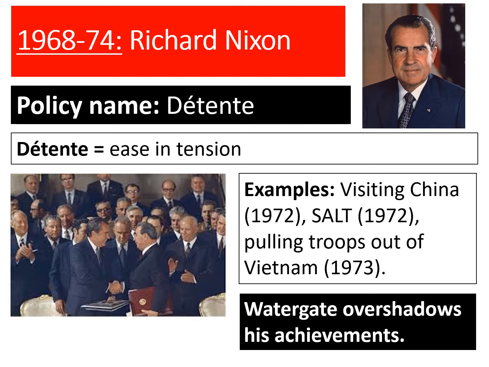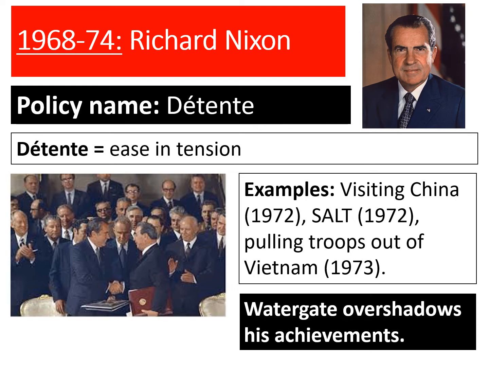Nixon also signs the first SALT agreement between USA and USSR, which is a Strategic Arms Limitation Treaty. That means that USA and USSR both agree to stop making new nuclear weapons and eventually end up trying to reduce the amount that they're making as well. This is significant because it's the first time that those two countries have actively said we are both going to not build any new weapons because we don't want similar situations like the Cuban Missile Crisis of the 60s.